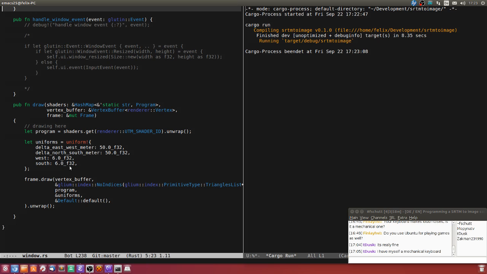It does draw the screen, but the uniforms are currently wrong. So yeah, we need to